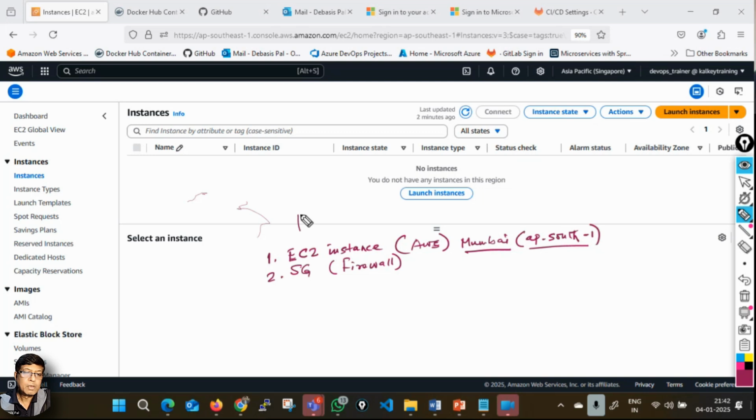Just now, Karthik was saying about a server